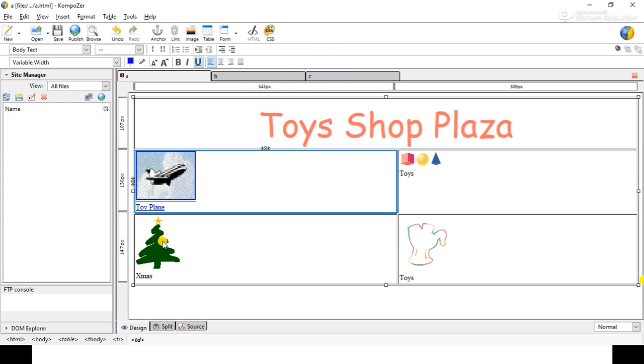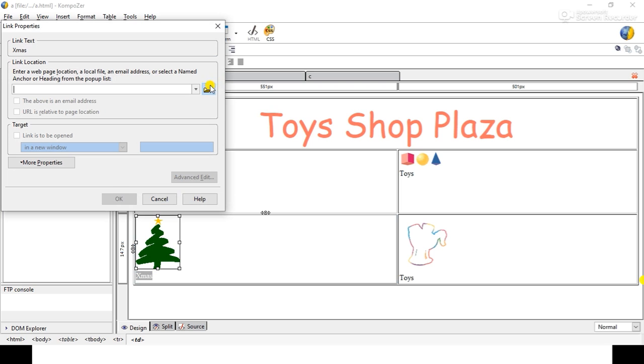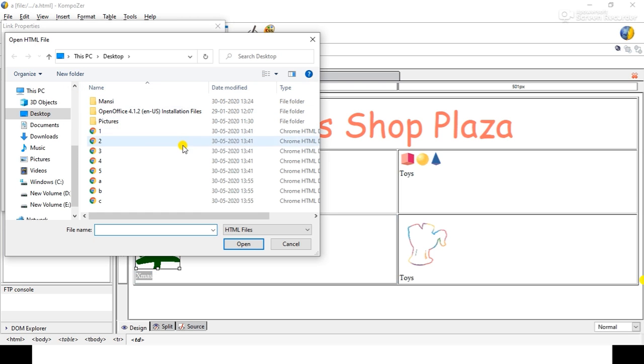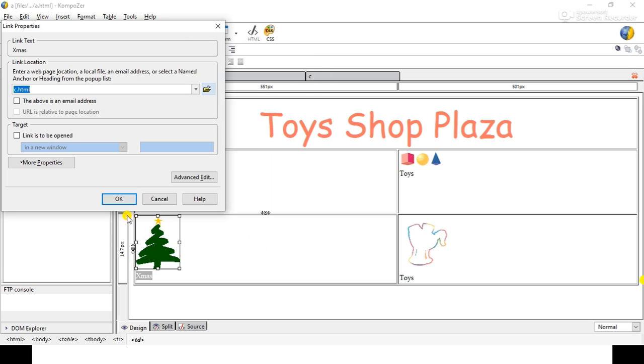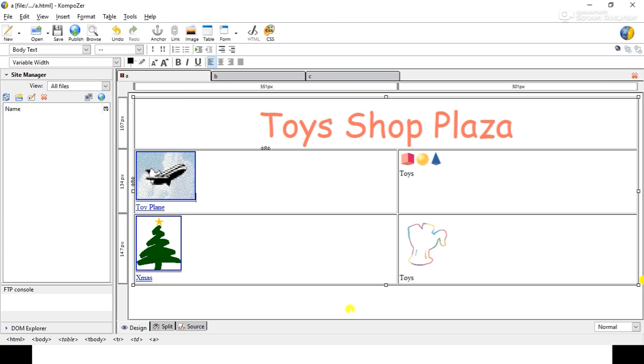OK. Similarly we will select this image and text, link, browse, C, just navigate to the C and open. OK. So this hyperlink is created.